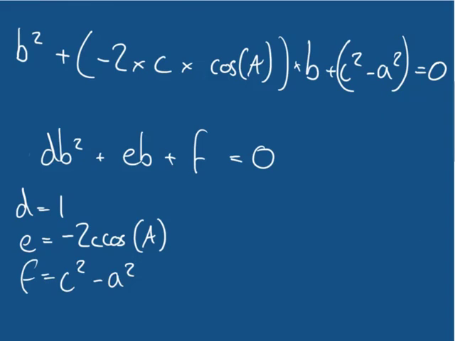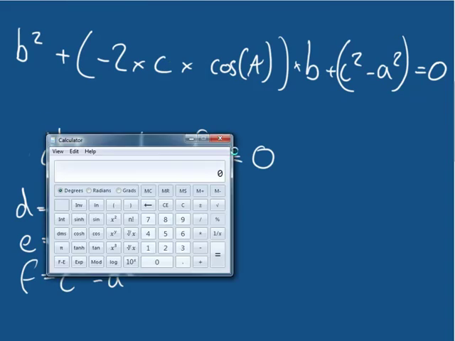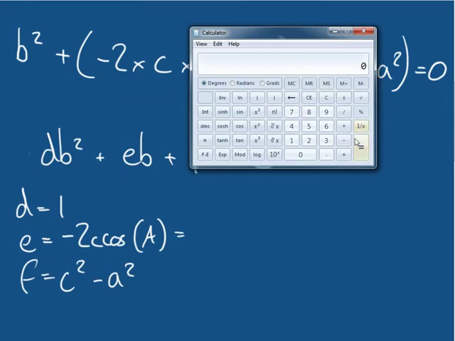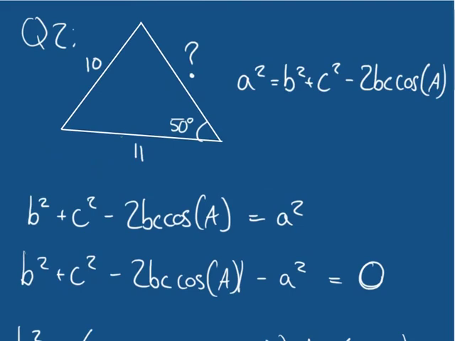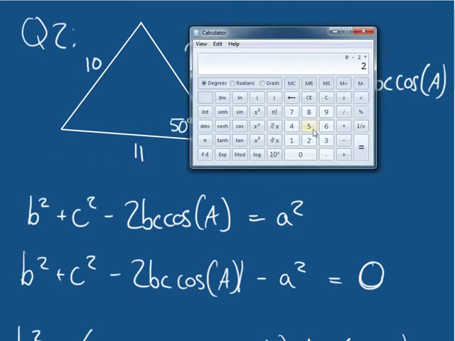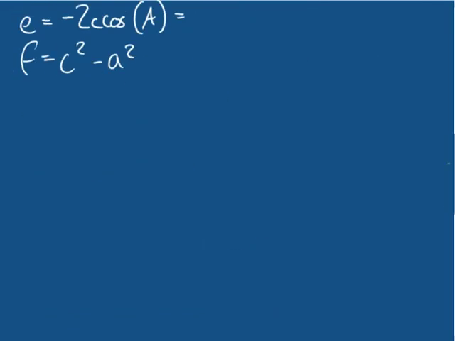So if we use a calculator, we can calculate the values of e and f. D is already known to be a value of 1. So e is equal to, well, let's bring up a calculator. It's minus 2 times c. Well, c, if we recall, if I scroll back up, c, of course, is a length of 11. So it's minus 2 times 11, which of course is going to be negative 22, and that was multiplied by